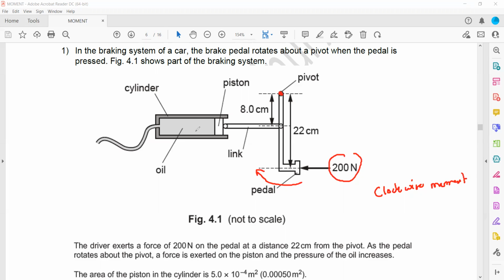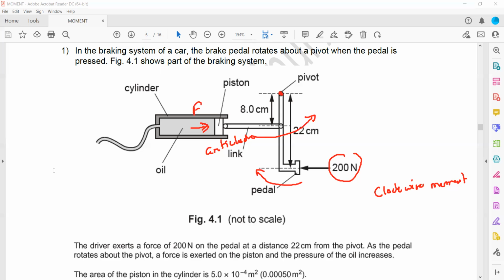And there is a liquid in the cylinder, or oil, that will also apply a force, or there will be force on the oil. The force of the oil will try to cause it to rotate anti-clockwise. So one side it is causing a clockwise rotation, another side it will try to cause an anti-clockwise rotation. But whenever we solve these questions, we assume that the object is in equilibrium, or total anti-clockwise and clockwise moments are